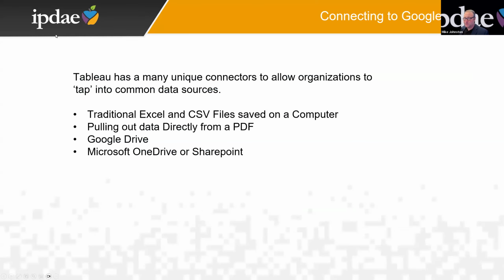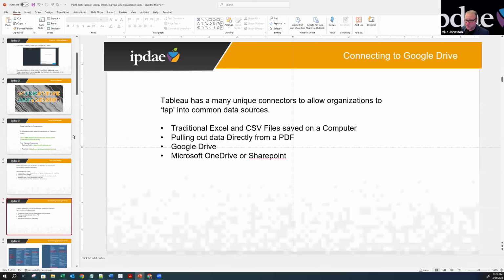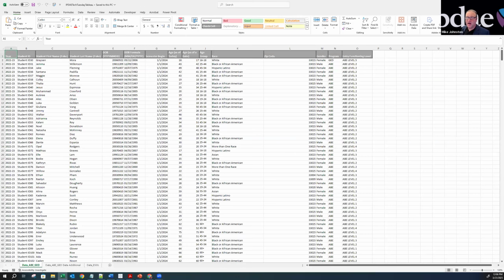I'm going to show colleagues present today that we're going to be jumping between a couple different data sources. On our IPDay website, you are going to see a data source that is going to be created and available for you on Excel. And I'm going to share that so you are familiar with it. In this Excel, you'll be able to see this data, and this data is going to have common data identifiers.